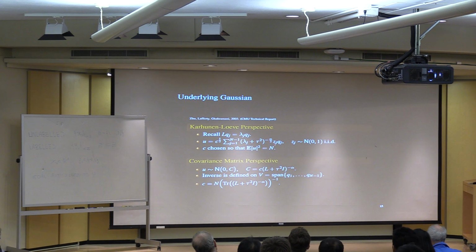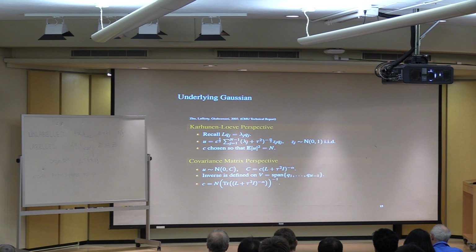It's random because these z_j's are N(0,1) IID random variables. Then I'm going to weight them according to this function of the eigenvalues of L. This function just shifts the lambda_j's by a constant and then raises them to a negative power. This will tend to put weight on, and I'm starting this at 1, which means I'm excluding